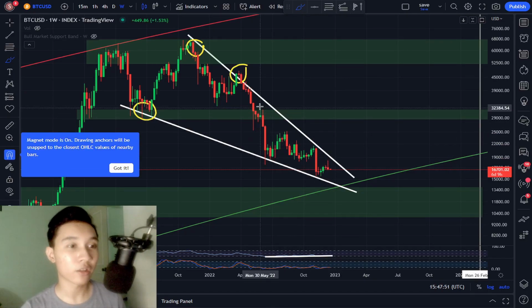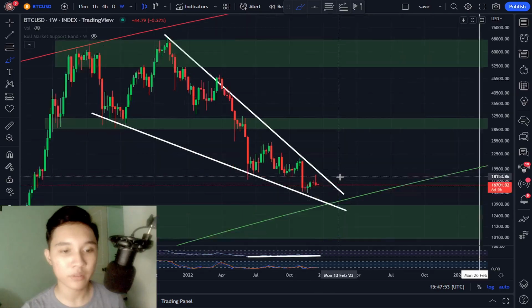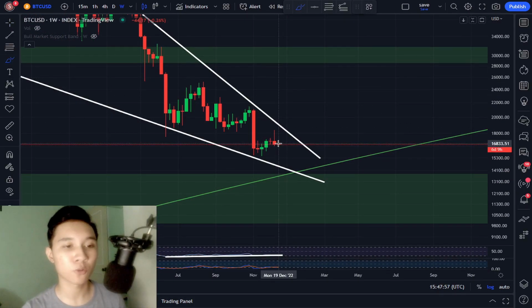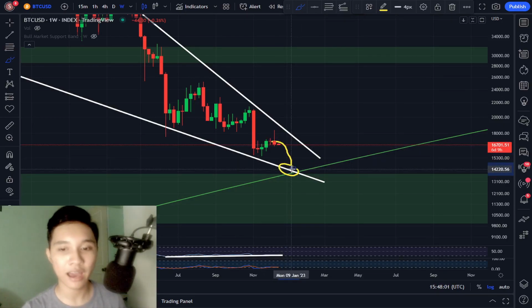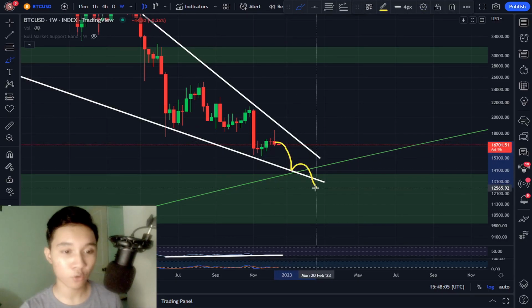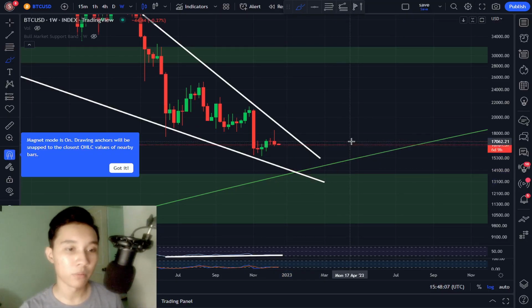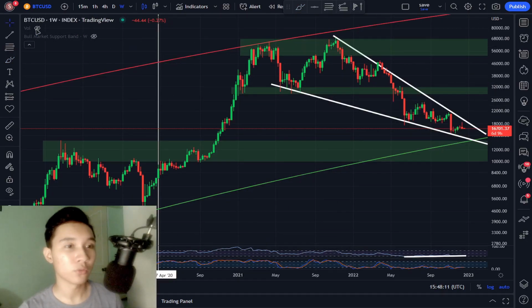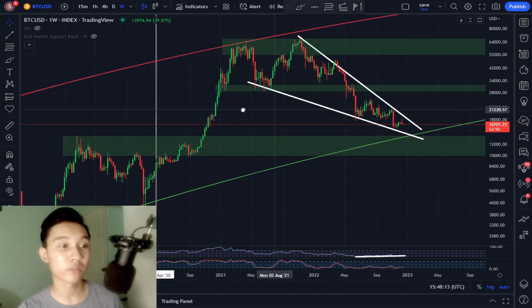Now definitely there's a chance Bitcoin can drop even lower right here. Let's zoom in. There's definitely a chance Bitcoin can drop lower right here to this level of the wedge at 14k. Yes, we can definitely see some lower lows for the Bitcoin price. It is possible, but what I'm warning is it is risky to wait for 10k,